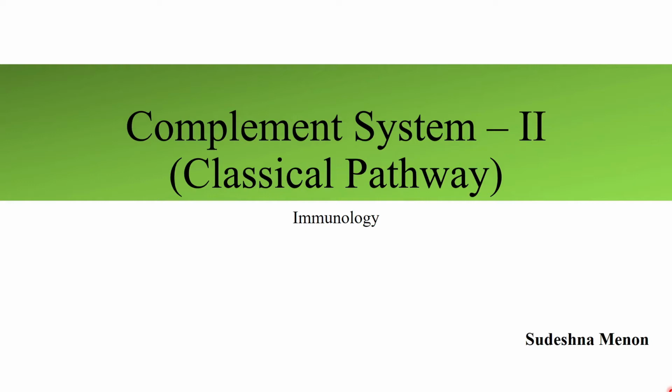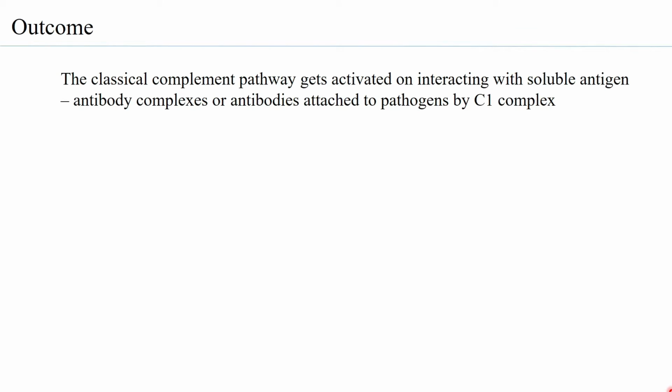Other than this, there is the alternate complement pathway, and there is the MBL pathway, which is the mannose binding lectin pathway. Now let us look at therefore the learning outcomes of this session. The classical complement pathway gets activated on interacting with soluble antigen antibody complexes. So basically we understand that it is going to interact with an immune complex. Majorly, one has observed that the classical complement pathway gets active when you have an antigen antibody complex, or it